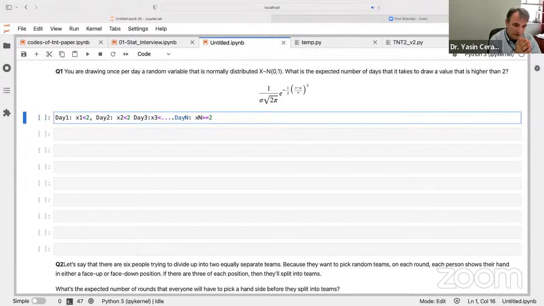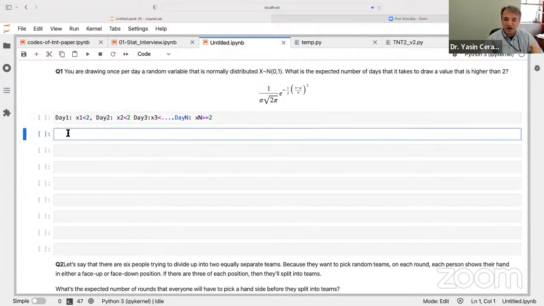If you look at the problem here, the person is drawing a number in day 1 and day 2 and day 3 until, so it's almost like failure, failure, failure, failure, and then the first success. So we are asking how many days it takes for you to get to the first success. The moment I explain it this way, you remember that, oh, this is actually the geometric distribution, right? There are a number of trials, and then you stop at the first trial which gives you the success. So how many trials does it take you to get to the success? This is actually the geometric distribution, right?